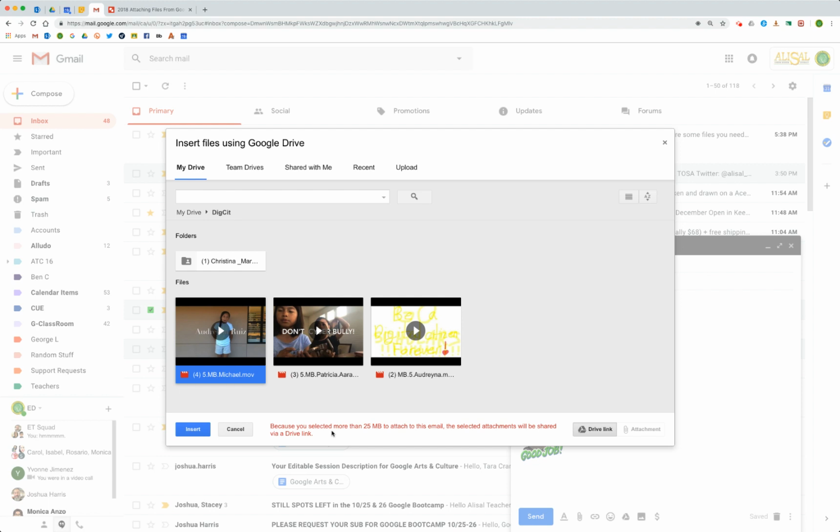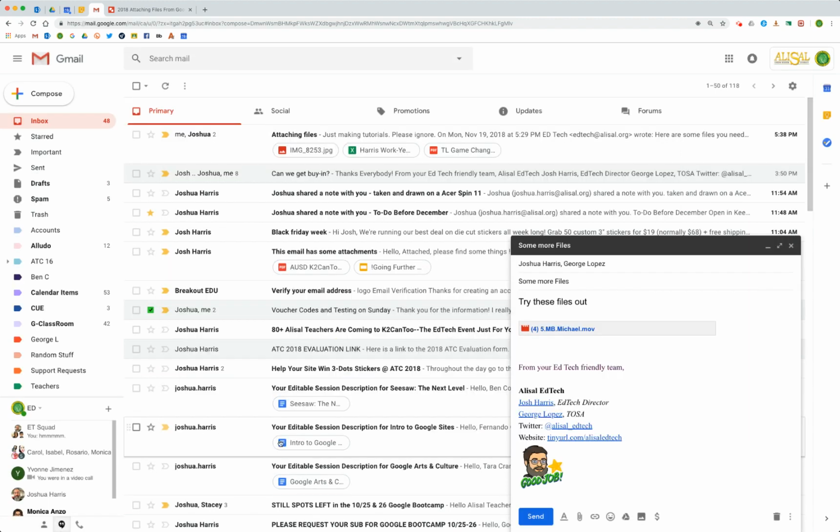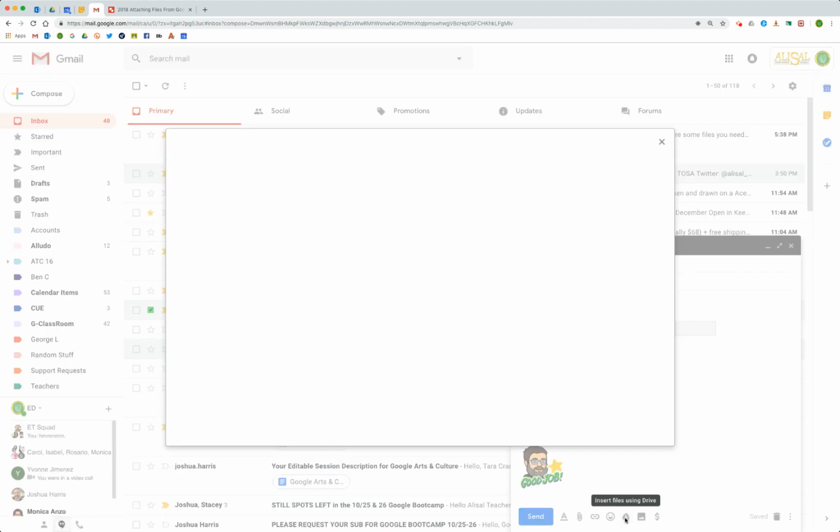But what this means is if you have really big files that you need to share with somebody over email, step one could be upload it to Google Drive and then send it in an email. So we'll go ahead and insert that, and you see again it's just in the body of the email. Now if I come over here again,